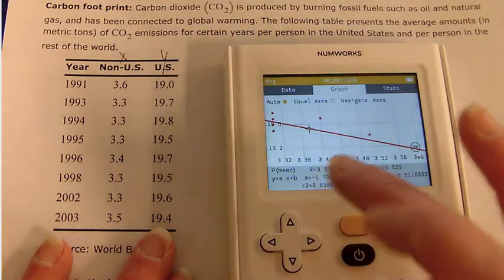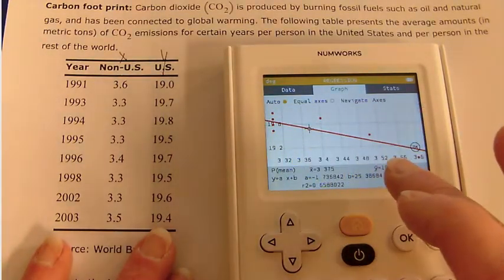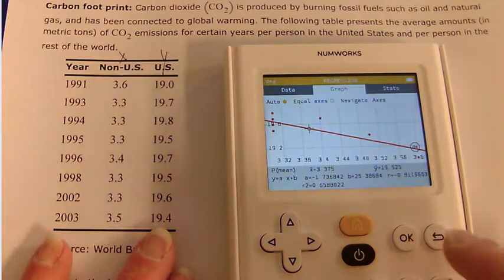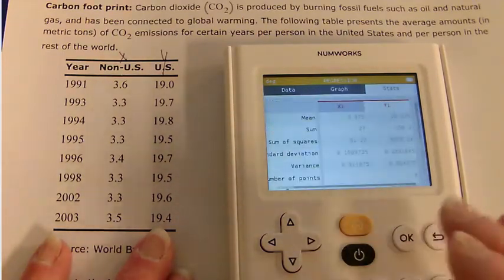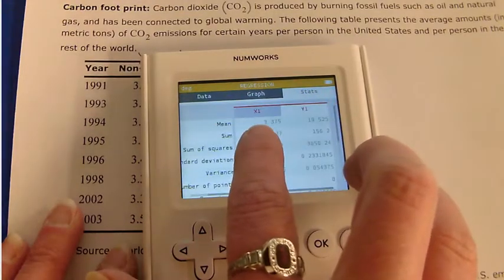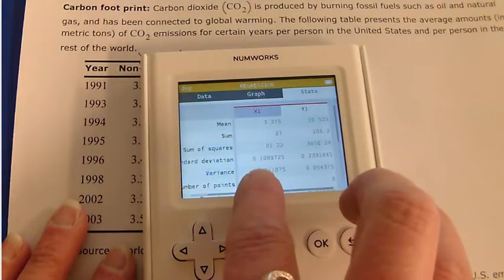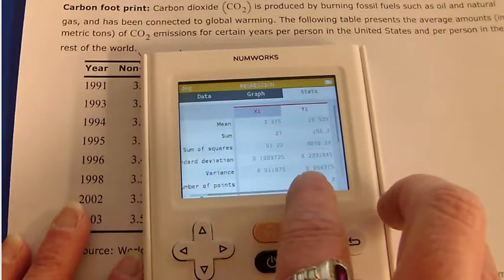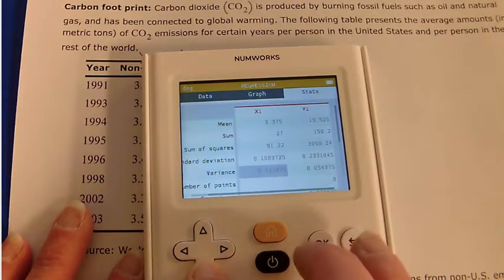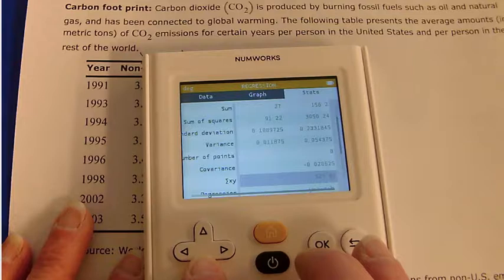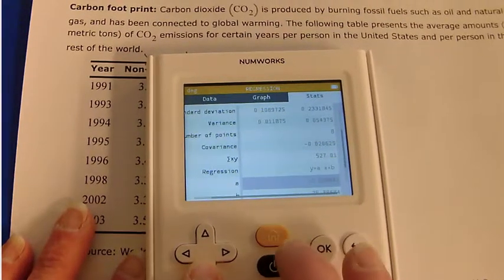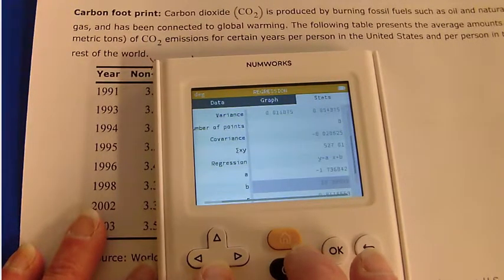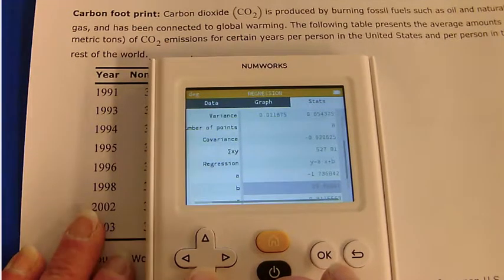Now it automatically does a scatter plot and puts in the line of best fit, and I prefer to look at the stats screen to get all the details. Now it gives me all kinds of things. It gives me the mean of the X's and the mean of the Y's, the standard deviation of the X's and the standard deviation of the Y's, the variance of the X's and the variance of the Y's, if I needed those for anything, the covariance. And then it gives me the regression, and it says it's going to be y equals ax plus b, and it gives me my a, and it gives me my b. So it's giving me my equation,